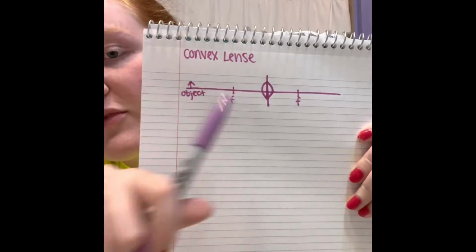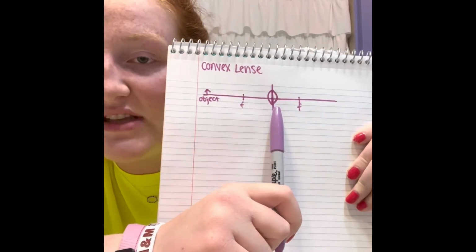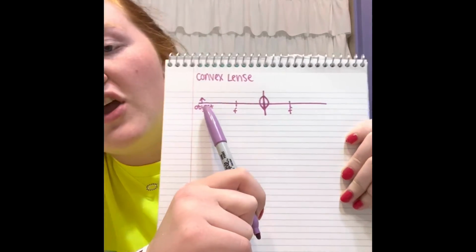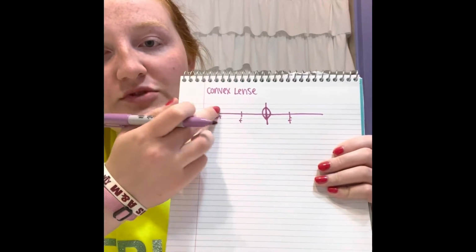Okay, so I'm going to be demonstrating how to draw a ray diagram for a convex lens. You're going to start with your straight line, your focal points on either side. A convex lens looks like that. You have an object down here. The first line you're going to do is going to be from the top of the object straight through the